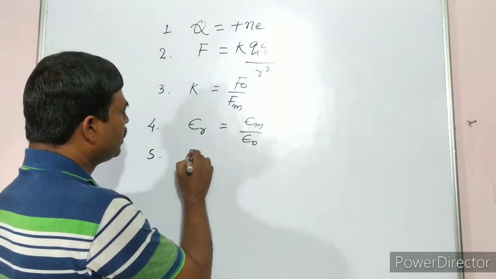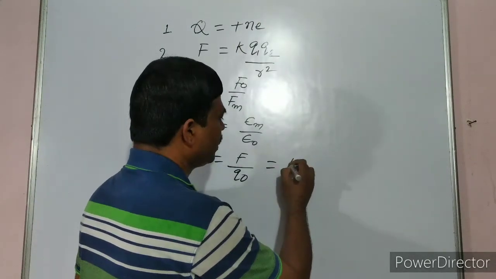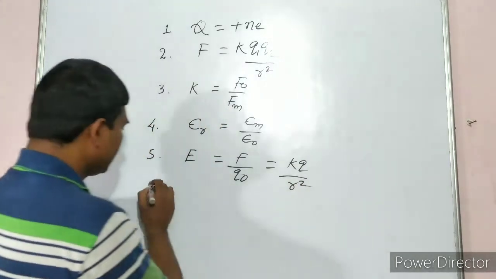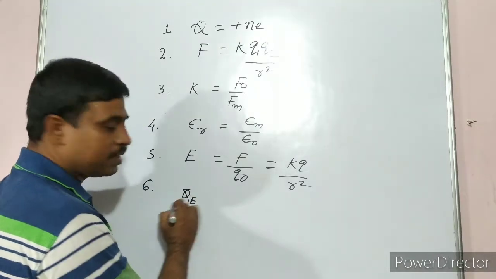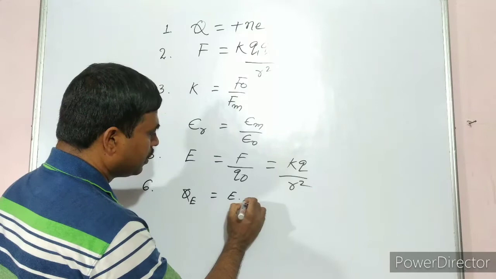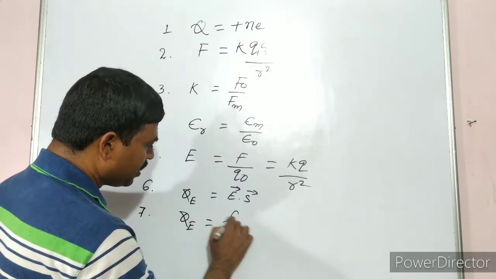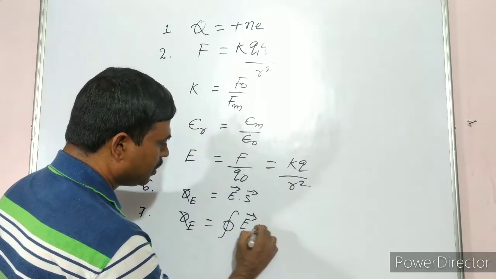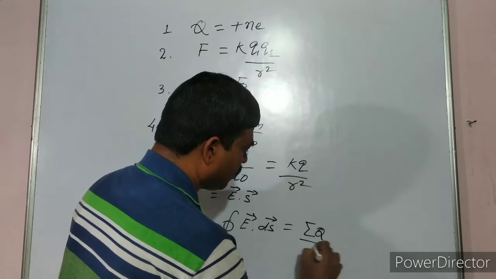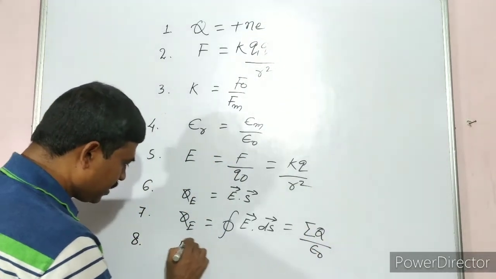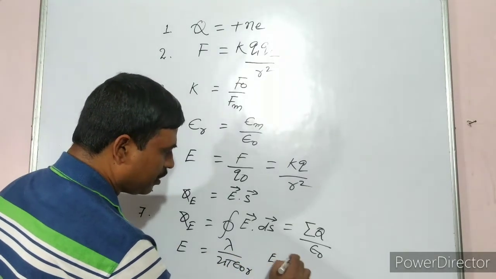Then electric field, F by q naught, and when you are taking a point charge, it is KQ by r square. Then electric flux, phi E, E dot S. Then Gauss theorem, phi E is equal to the surface integral over a closed surface, E dot ds, that is total charge enclosed divided by epsilon naught. Then E is equal to lambda by 2 pi epsilon naught r, the electric field due to a line charge,